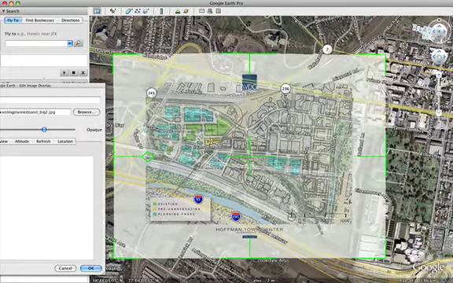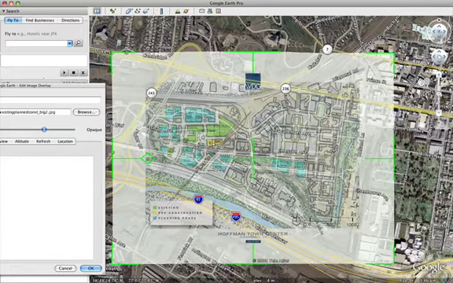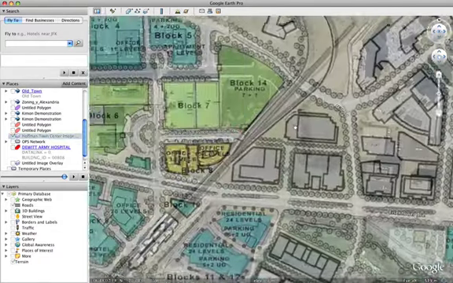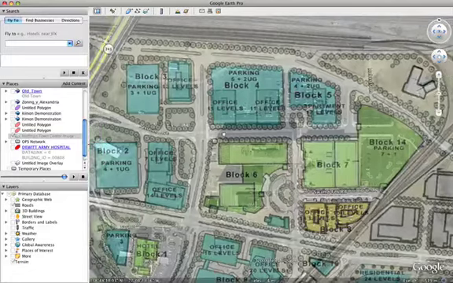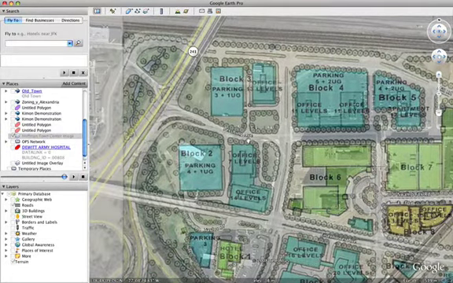There's a rail station there. I can keep on positioning it till it fits on the underlying image in Google Earth. I could still turn on the transparency or off the transparency. And with this, you can actually start zooming in and seeing the proposed blocks now layered in on top of Google Earth. The significance of this scaling is that anything that's drawn on top of this image now is georeferenced